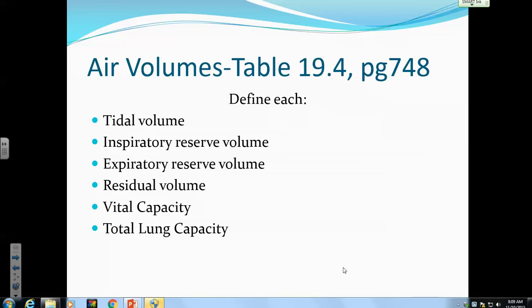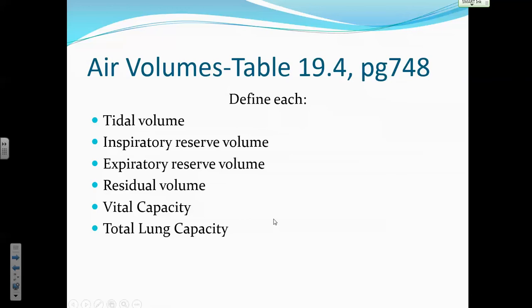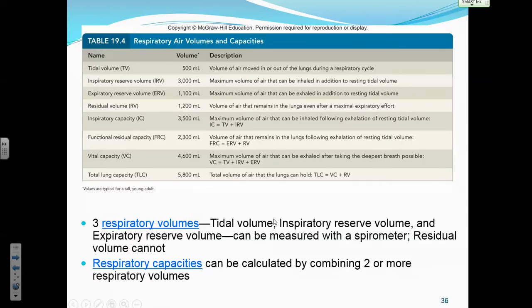So some of this you can calculate mathematically. Other is just the amount you inhale or exhale. And then here you see all of them. You'll probably have a unit of this if you're going into nursing, or especially if you're in respiratory therapy. This is what you learn completely. Some of these are actual volumes that can be calculated, others are capacities that you calculate mathematically using two or more of the volumes. But these are indications of lung function.